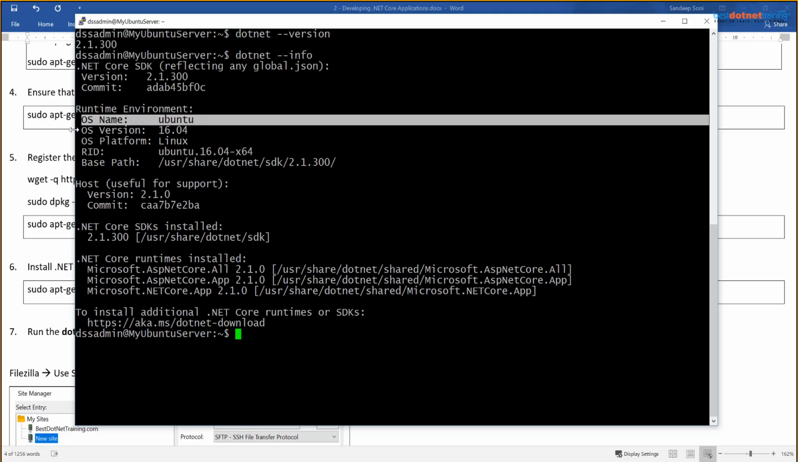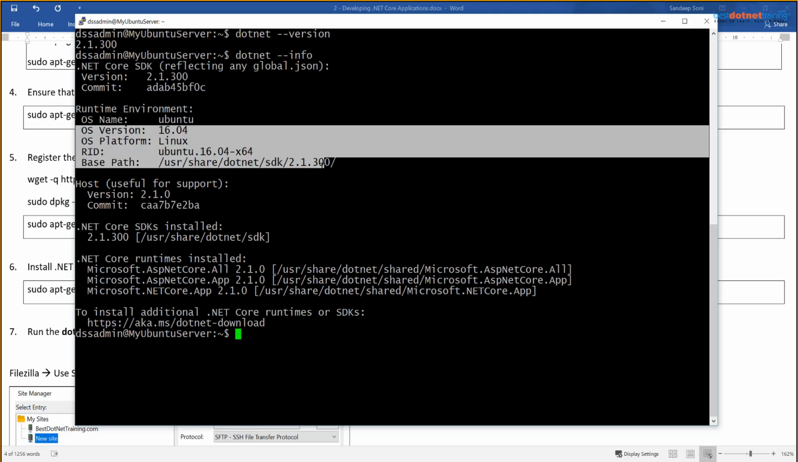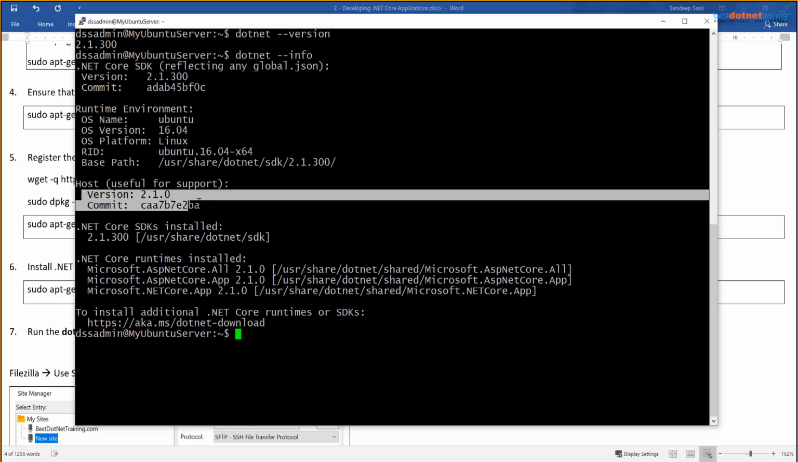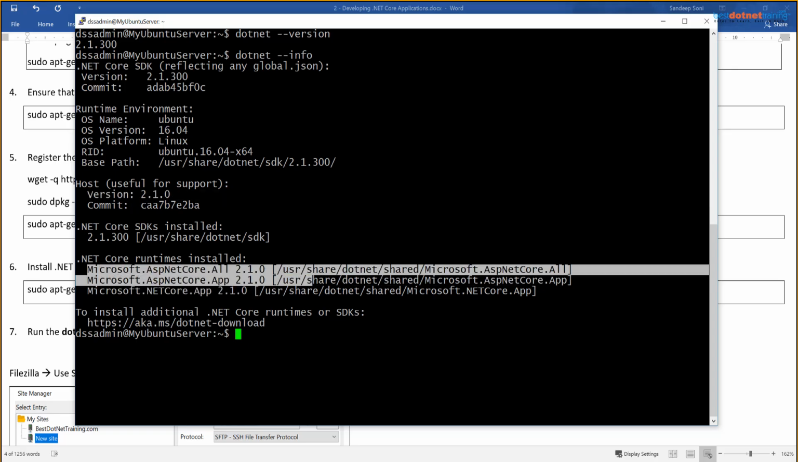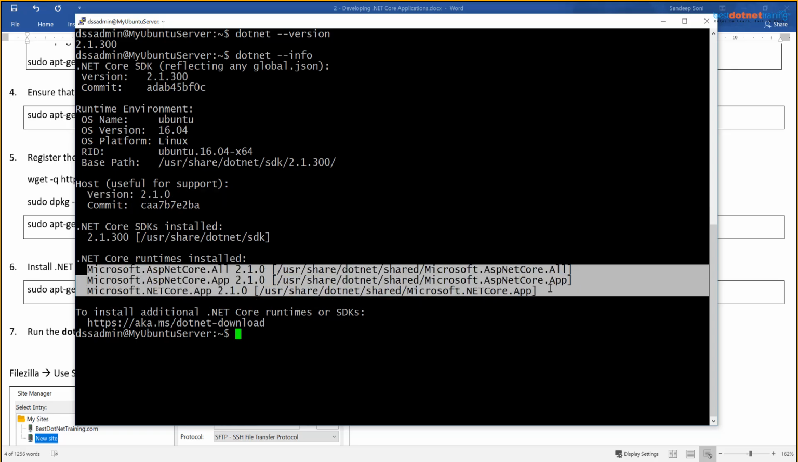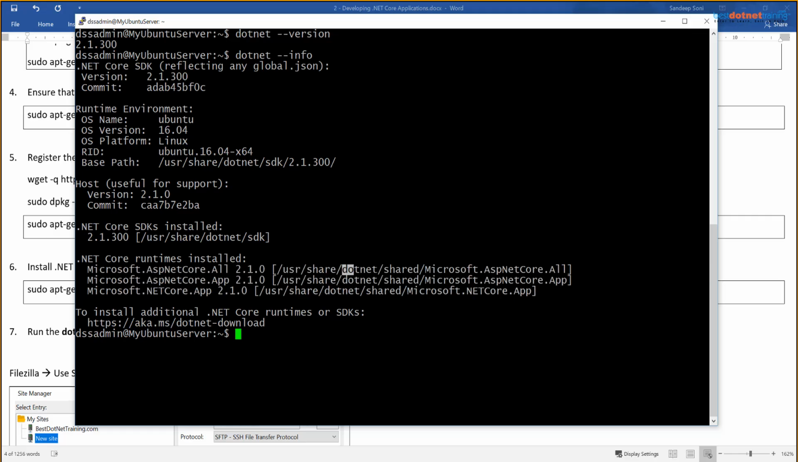Ubuntu operating system, OS version. 2.1 host, that is the runtime, rather these are the runtimes and their respective directories in which they are installed. /usr/share/dotnet. So this machine is now ready for executing, not even executing, because we have installed .NET SDK. This machine is even ready for development of .NET applications,